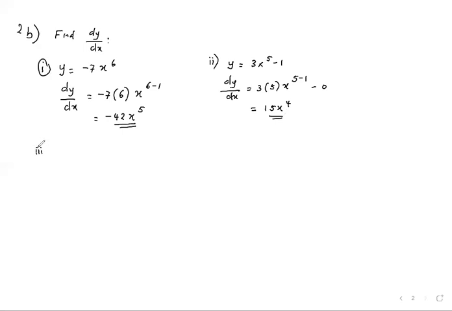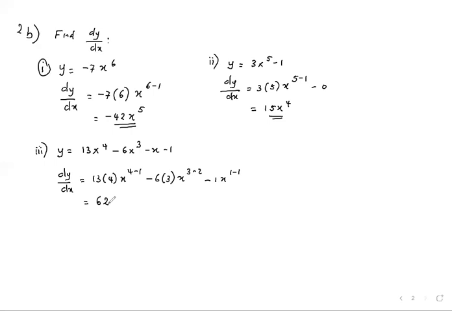Nothing complicated yet. Y is equal to 13x power 4 minus 6x cubed minus x minus 1. We get dy dx to be, by differentiating each piece, 13 by 4 x power 4 minus 1, minus 6 by 3 x power 3 minus 1, minus 1 by 1 x power 1 minus 1, minus 0. So the constant, I don't write anything. So 13 by 4, we have